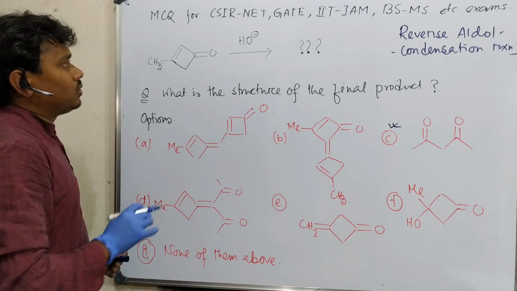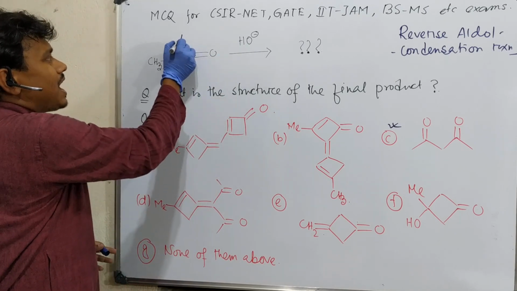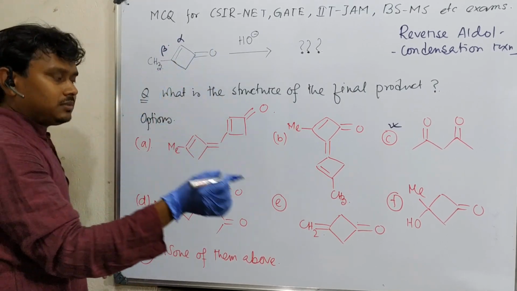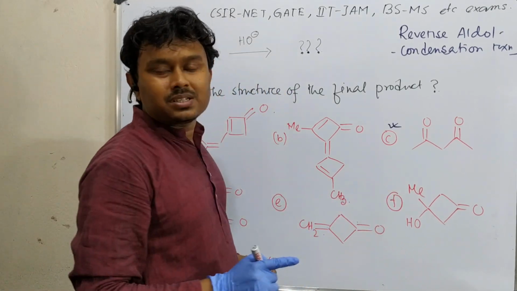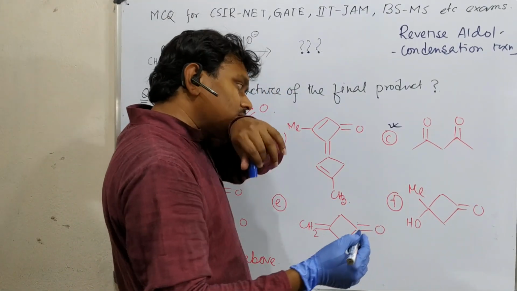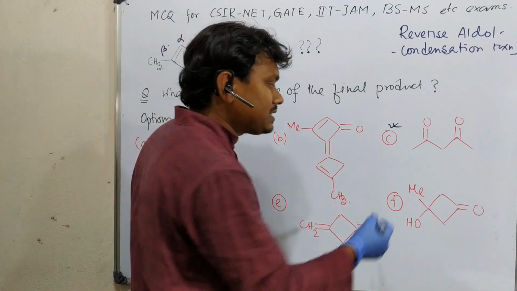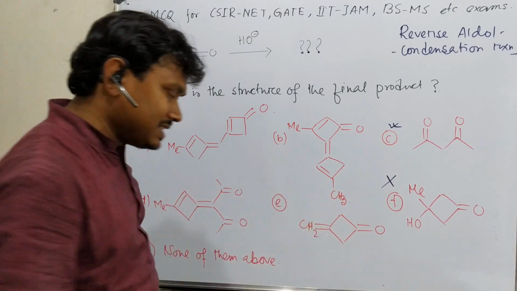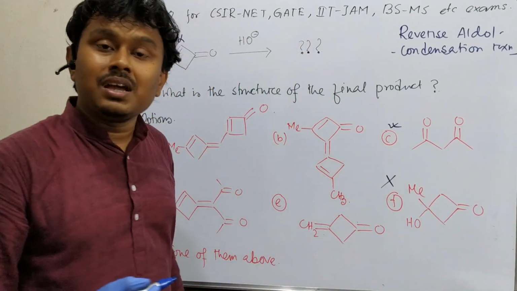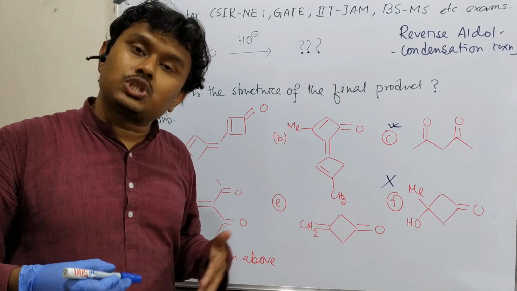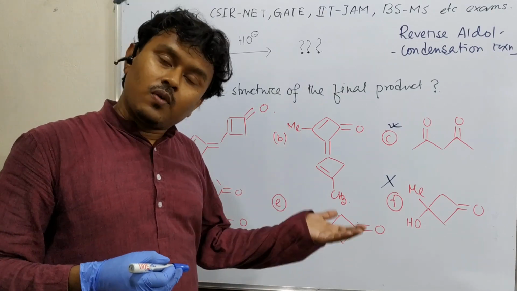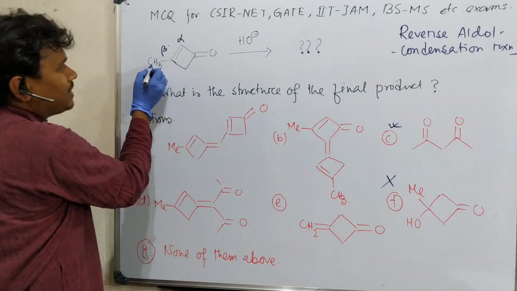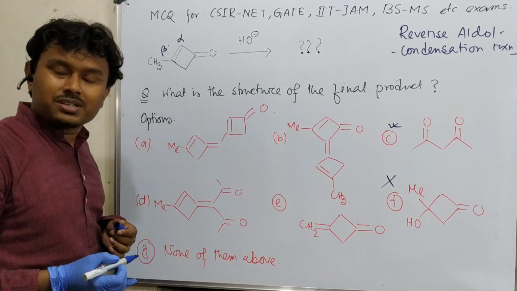Why not? See, this is alkali, and this is an alpha beta unsaturated carbonyl compound, so it is expected that alkali can attack here. Fine, but the reaction will not stop here. At the next stage, it will undergo ring opening. So this is not the product; this is one of the intermediates you may consider. The reason is ring strain: the 4-member ring has some strain, so the molecule prefers to get rid of the ring strain.